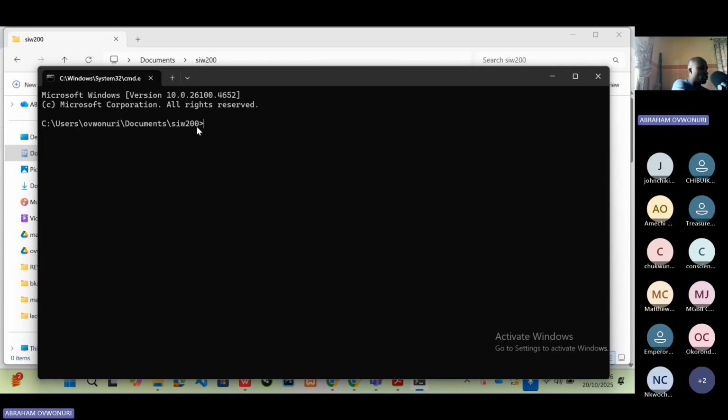Okay, so if there's no question, let's continue. If you are in the command prompt like this, the next thing you're going to do is type